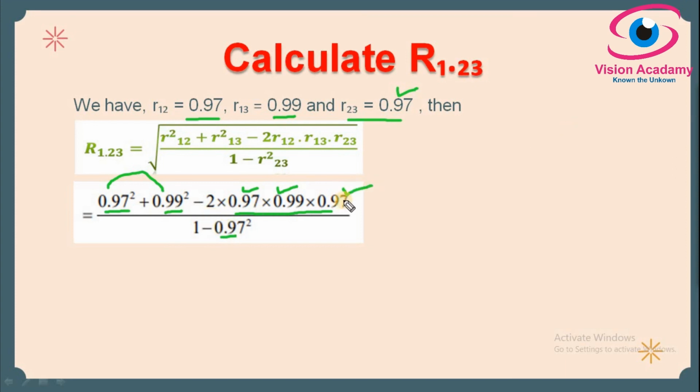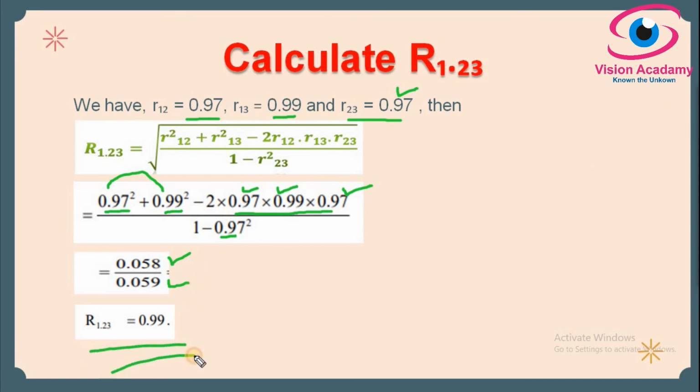Thereafter we got the next value, 0.058 in the numerator, 0.059 in the denominator. So finally we got that value. After subtracting this, R1.23 will be